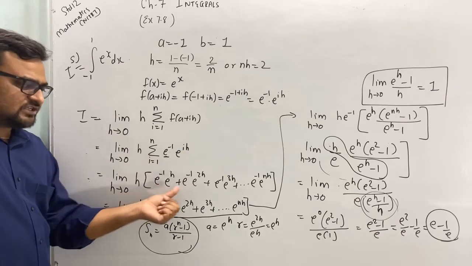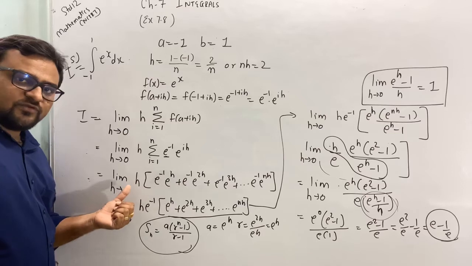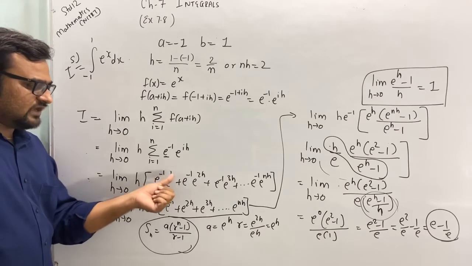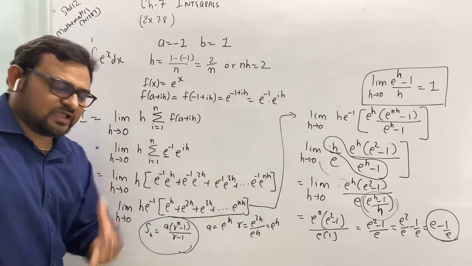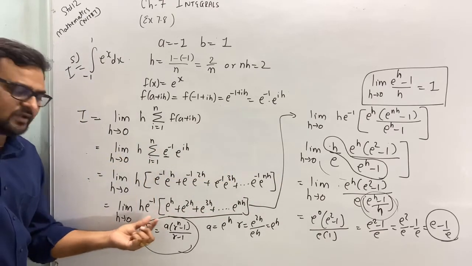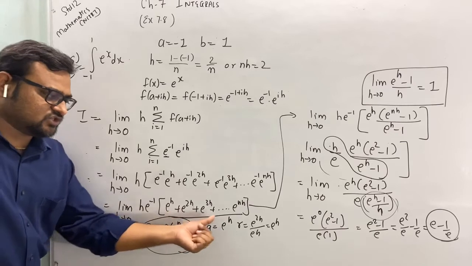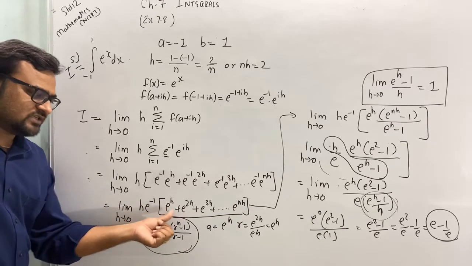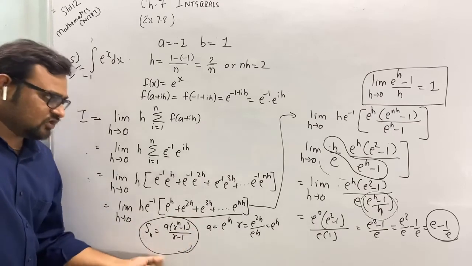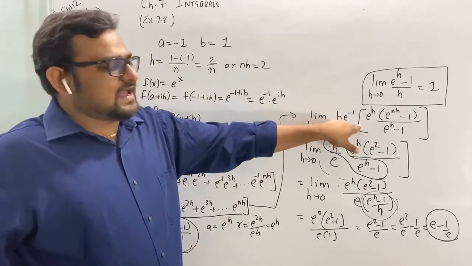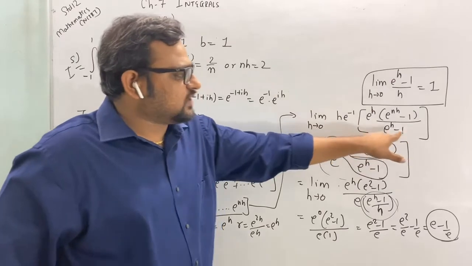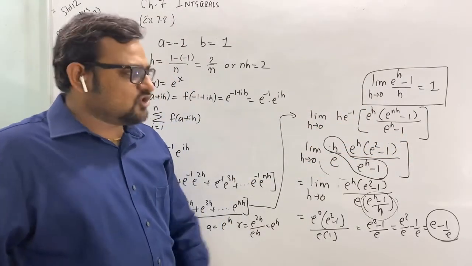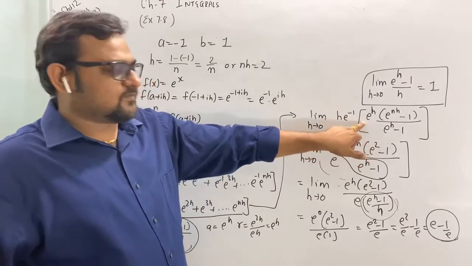Okay, so I only need to put the value 1 here. I can also take e raised to minus 1 common before only. I have taken e raised to minus 1 common. Now this is a geometric progression. The first term is e raised to h and the ratio is also e raised to h, using this formula. Then I made some rearrangement, e raised to h minus h, I had taken it as 1. You can directly take it as 1 from here.